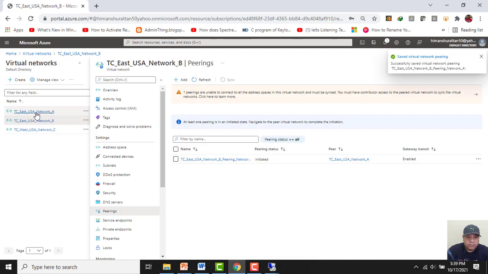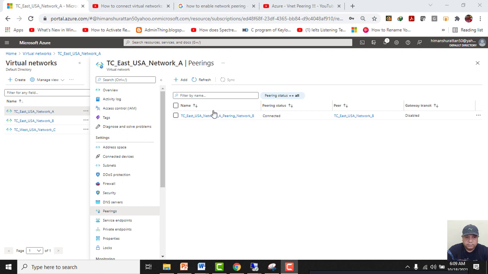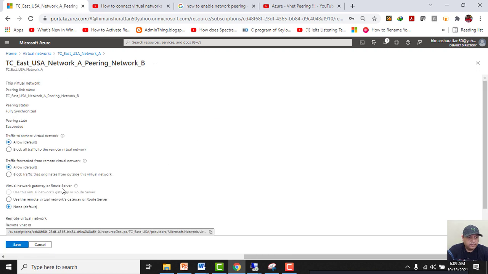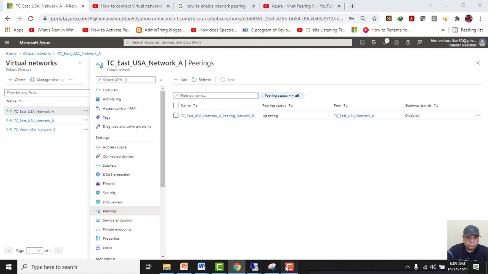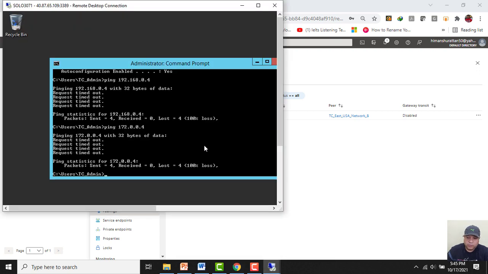Now we will go to network A, we will go to peering, network A, peering, network B. Now let's see if we are able to ping both the servers or not.